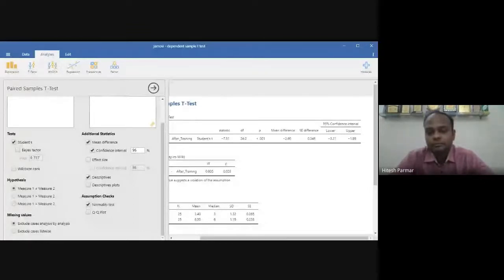This time also you get a negative difference. So negative mean difference, what does it indicate?